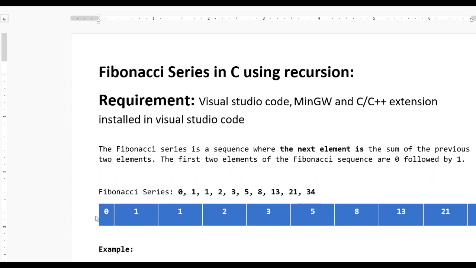Here you can see the first element is 0 and the second element is 1. How can we get the next element? By adding up the previous two elements, meaning 0 plus 1 equals 1. Same if you want the next element, we need the sum of the previous two elements: 1 plus 1 equals